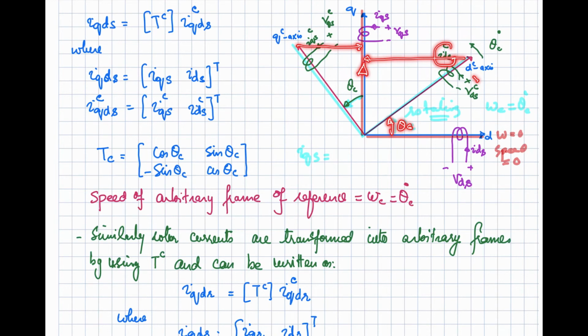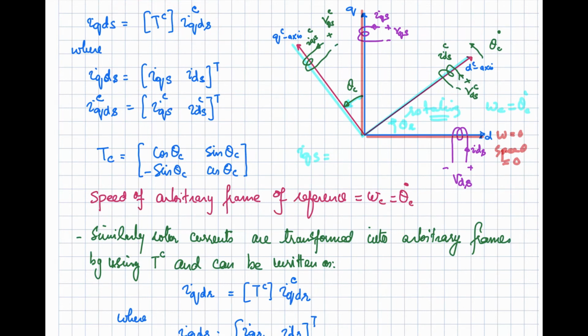The sum of those will give you the net IQS in the stationary frame of reference. That is your IQS in the rotating frame of reference when multiplied with cos of theta c. You will get its projection along this one, so that is this part, and then sine of theta c, sine of this angle, will give you the projection of this one along that one. So the sum of these two is going to give you IQS in the stationary frame of reference, and similarly you can translate the d axis. So this is our transformation matrix, relating or converting your arbitrarily rotating frame of reference into the stationary